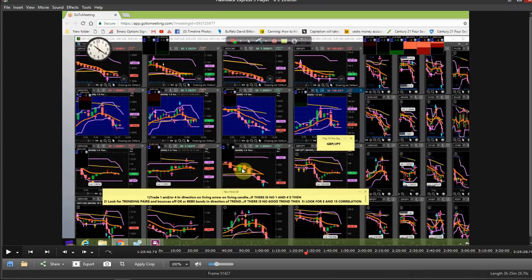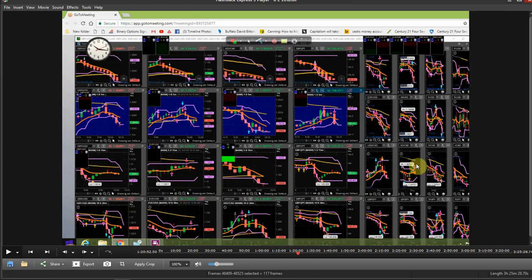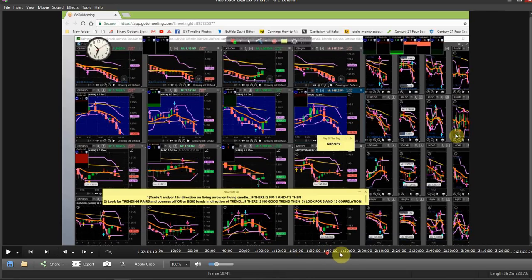See, it went up right there. It bounced off of that. We got a 4 hour down. What do you think that sucker did? See, look, I wish something had happened right there to let you see that. See, it busted this right here, so you could ride it all the way down there. It actually busted this, but that's your exit point. Right there. See, that's your exit point.